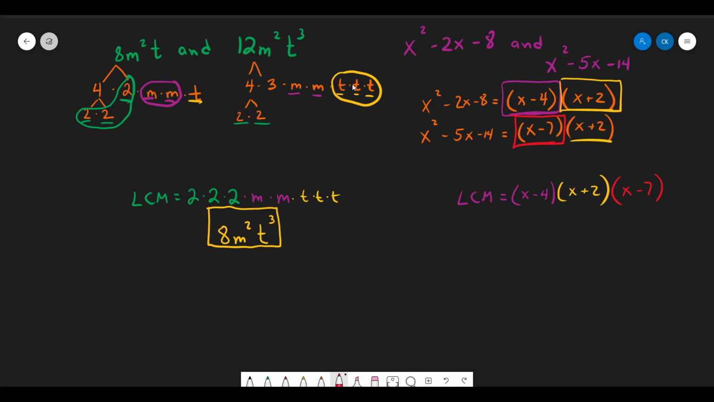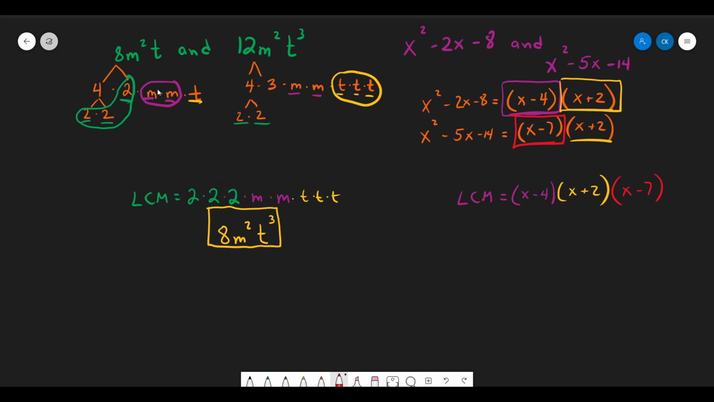T to the third is t times t times t. Then we look for which ones has the most of a specific number or variable, because these are monomials, we can do it that way. So we look at 2's. The first one has 3 2's. Remember, we're not worried about the 4 because we broke the 4 up into 2 times 2. So we're not looking at that 4. So we have 3 2's here. Here we only have 2 2's. Obviously, 3 2's is more than 2 2's, so I'm taking the 3 2's and putting them first into the